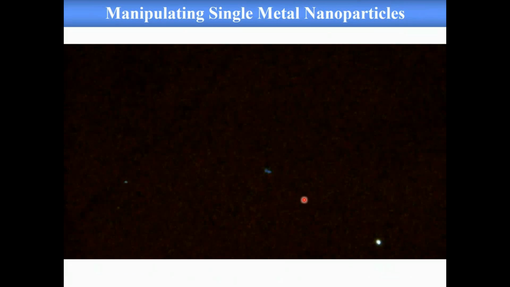So this video shows you a single colloidal silver nanoparticle. And what you see before I turn on the laser is a blue light dot that keeps moving because of Brownian motion. Right? At 100 nanometers, you can imagine it keeps moving. The reason you can see this 100 nanometer particle is because it has a surface plasmon. As I mentioned, the surface plasmon can scatter light strongly. For silver at 100 nanometers, usually it's blue light, so you can see it as a blue color. So you see, when we turn on the laser,